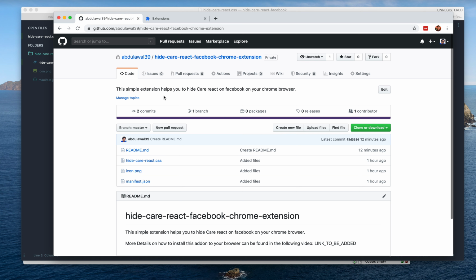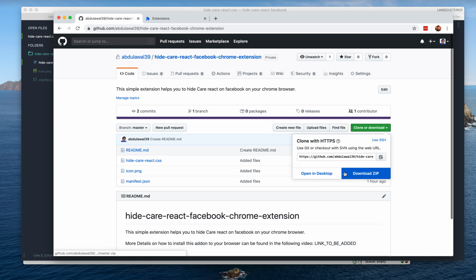So okay, as it is a simple one, I'm not going to get into hassle for the Chrome Web Store developer account. Okay, so let's see how you can install this manually on your Chrome browser. So here is the repository. You can just download it here. Okay, you can clone to your desktop or download it as a zip file and then extract